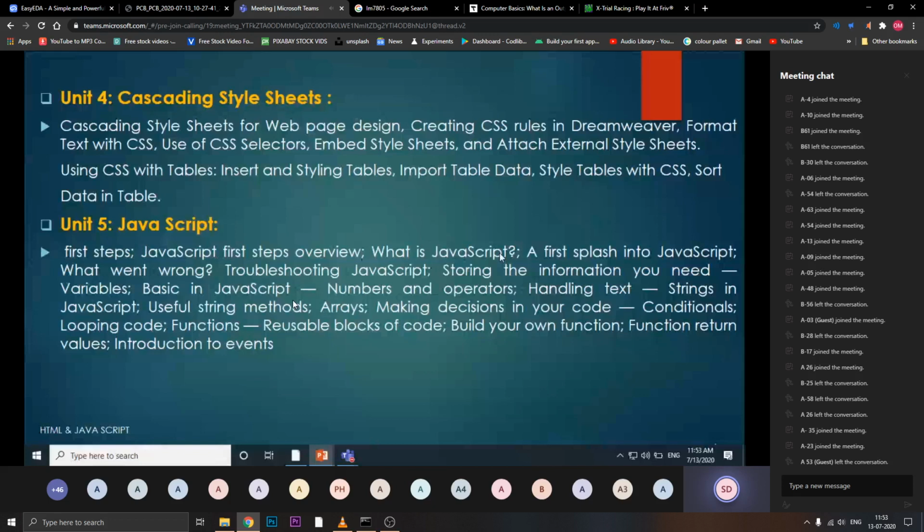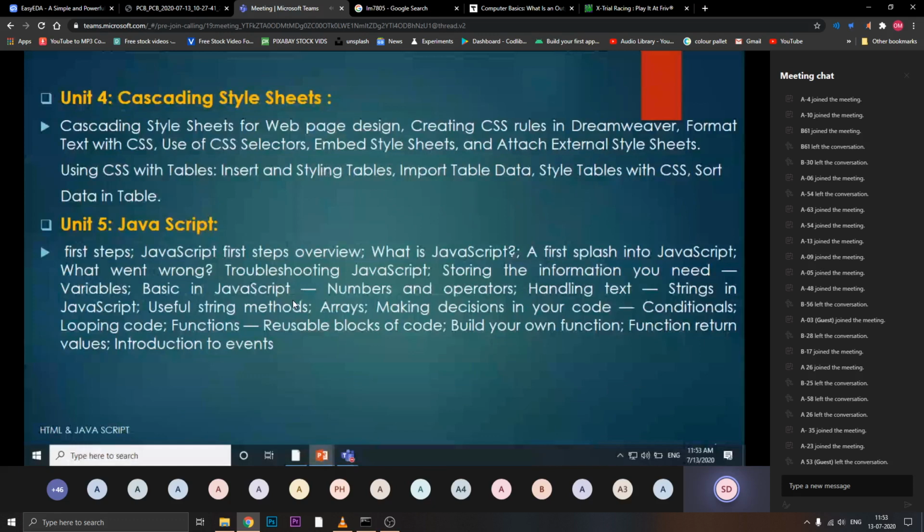What is JavaScript? I am going to take it totally from the basics, because you should get the difference, as I clarified: you are not going to study anything related to Java. This is totally different.